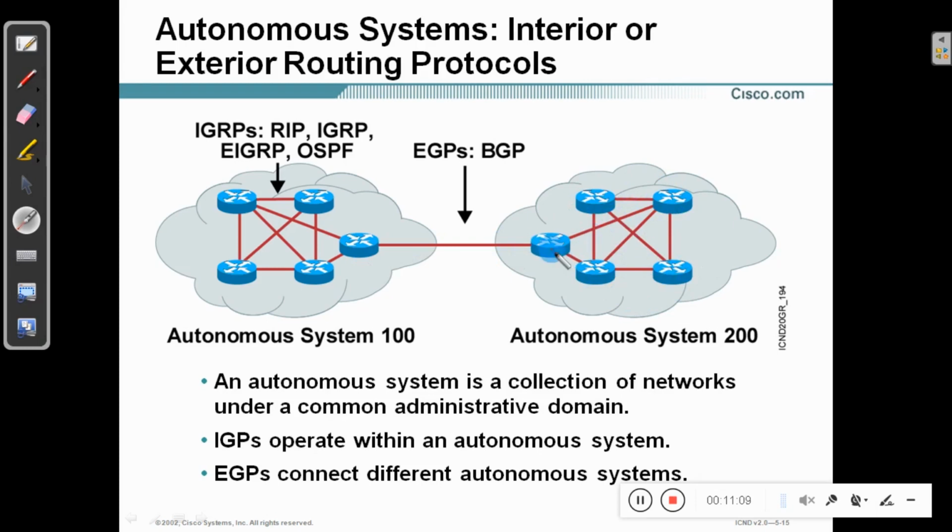This router is normally called the autonomous system border router. This will contact the other autonomous system border router, and this will pass all the routing updates of this autonomous system to this one, and this router will pass that information to the other router by using the protocol. The name of the protocol is IGP, Interior Gateway Protocol. So let me repeat, IGP is the protocol which works inside the autonomous system, and EGP is the protocol which connects autonomous systems.